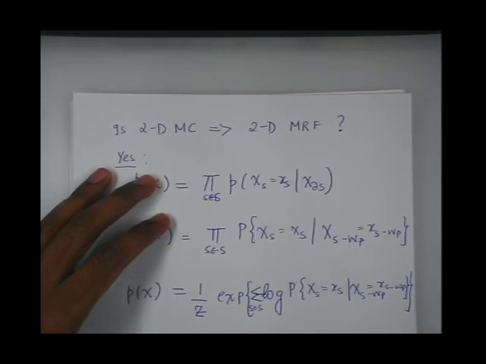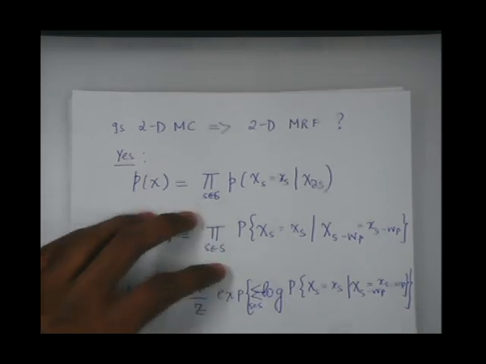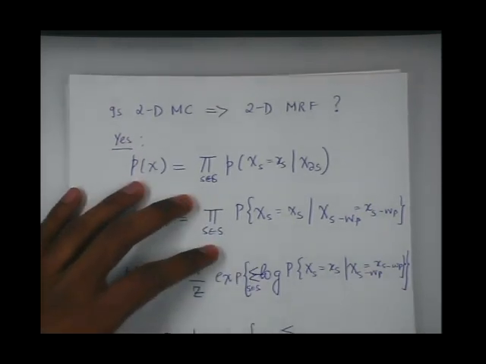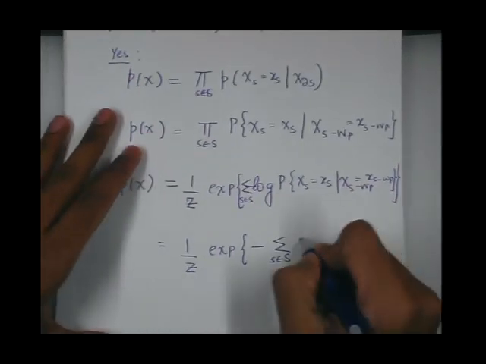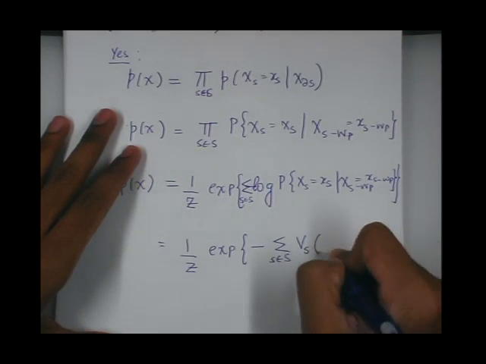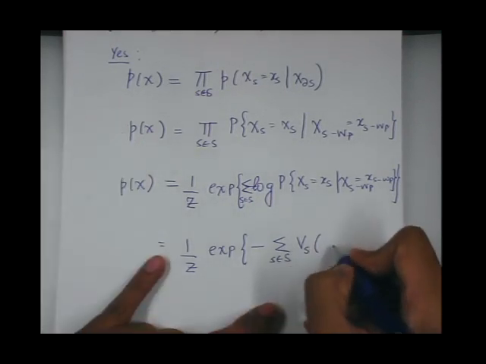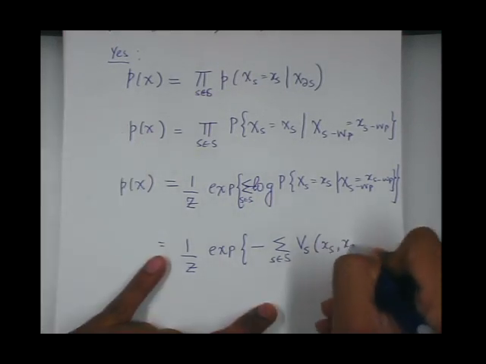What kind of distributions have this kind of form? Okay, that's correct. That's exactly what we're trying to do. So if I now write it this way, with s belonging to S, and if I define some kind of potential function like this,